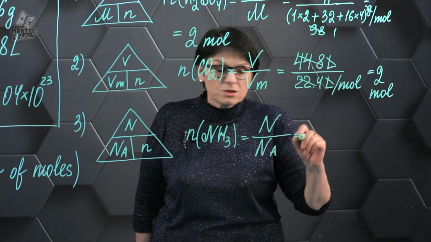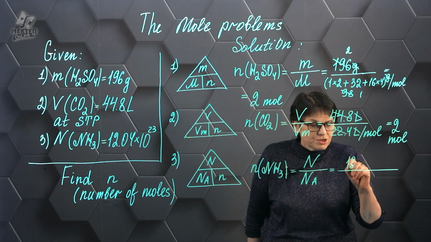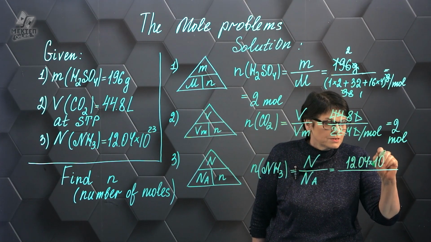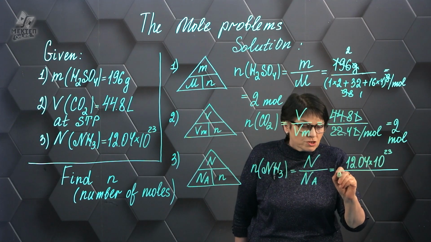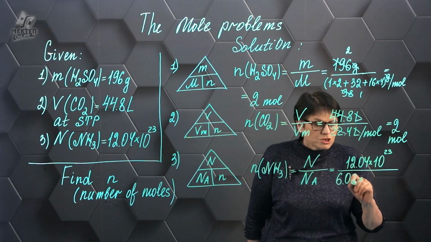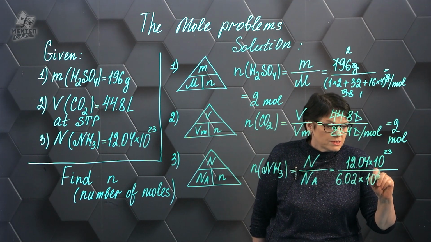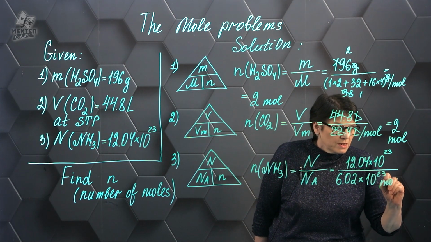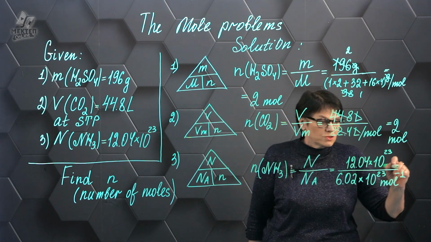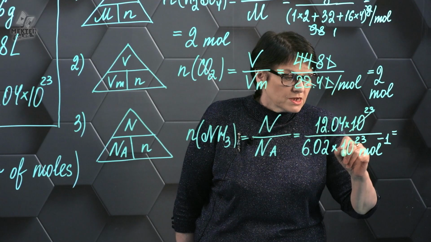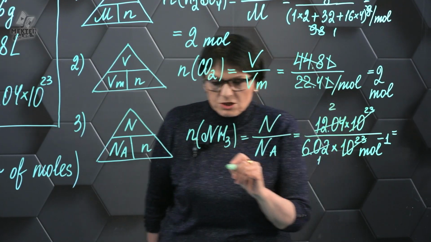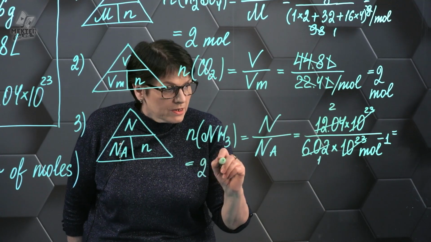Let's do a numerical substitution. In this case, we have the number of particles 1204 multiplied by 10 to the 23rd power, and the Avogadro number is a quantity to be remembered, and it is 602 multiplied by 10 to the 23rd power, and the dimension of this number is mole minus 1, that is 1 divided by a mole. If we do the reduction, we can see that in this order we get to